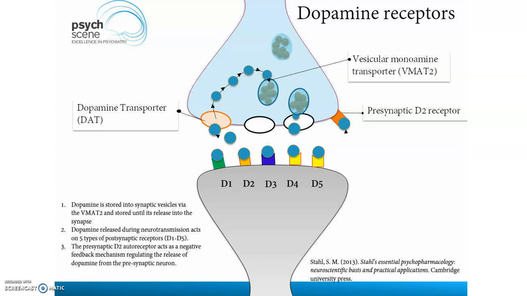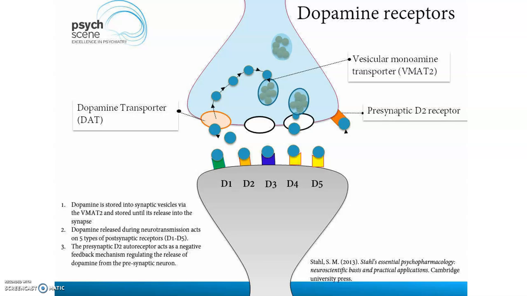So first we will see the synthesis of dopamine. By looking at the diagram, we can understand that dopamine is mainly synthesized from the amino acid tyrosine. Now this tyrosine is taken up by the aromatic L-amino acid transporters. The tyrosine is then catalyzed to dihydroxyphenylalanine, which is abbreviated as L-DOPA, by the enzyme tyrosine hydroxylase. L-DOPA is further converted to dopamine in the presence of aromatic L-amino acid decarboxylase.